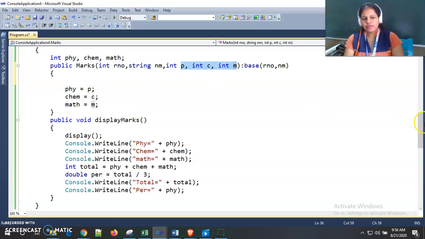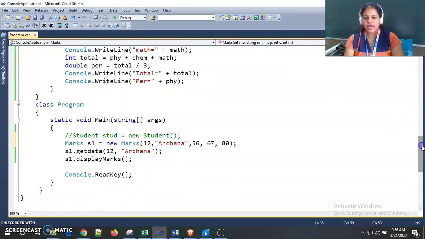So in this way we pass the arguments while defining the derived class object, passing the base class constructor values as well as derived class constructor values when we instantiate our derived class object. So what is the sequence of constructor calling?